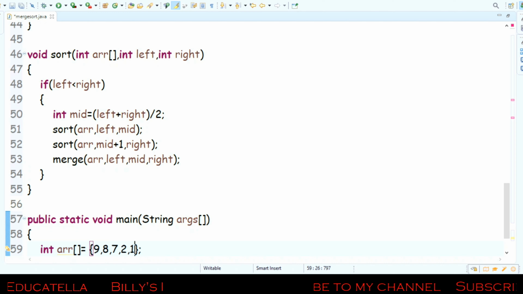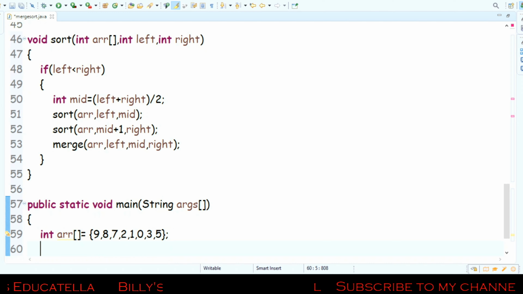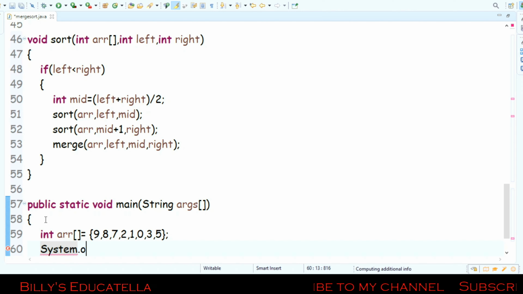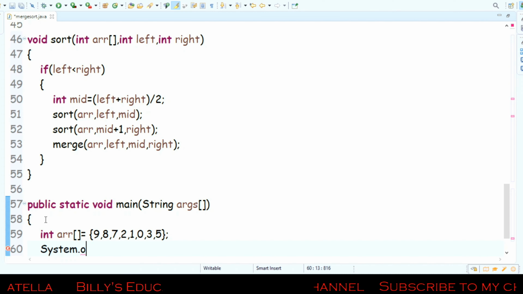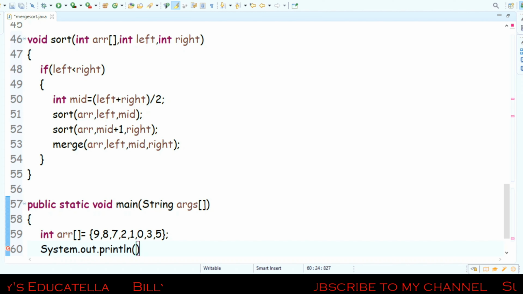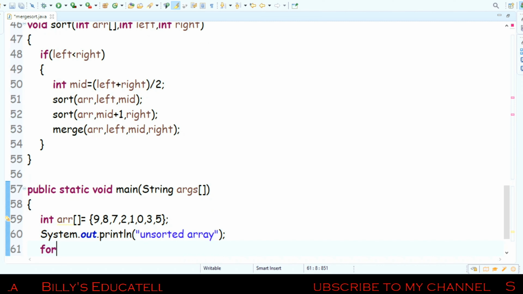2 1 0 3 4. So I am calling this array, and for printing this array, System.out.println. This is the unsorted array. Sorted array. So here for printing the unsorted array,